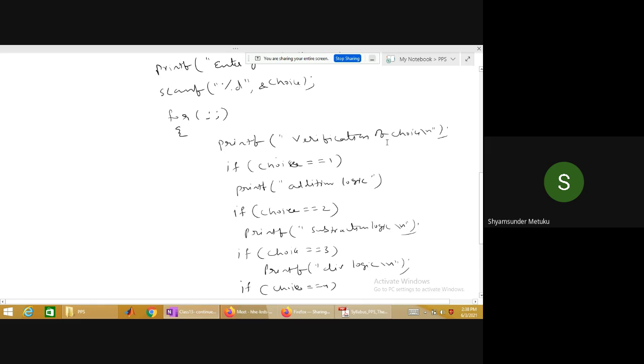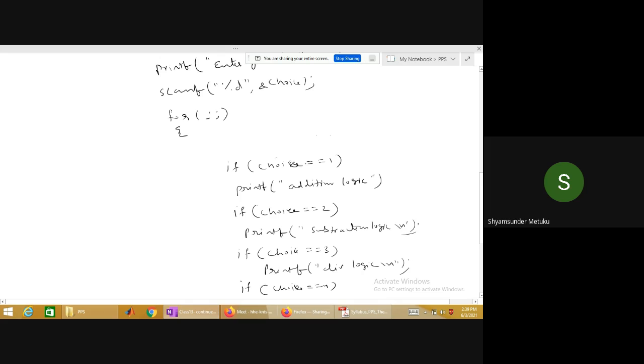So here what is happening is, first it will print verification of the choice, also not required. I thought of some other program, but okay, it has come out with some other logic, but not a problem. I will remove this, it is not mandatory. Okay, fine. So it is an infinite loop. Choice double equal to 1. Instead of a printf, you can write some logic of addition and all. I'm not interested in exactly this, but only in how it is going to be executed.